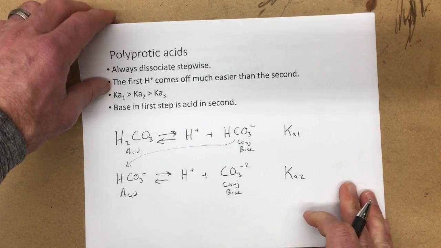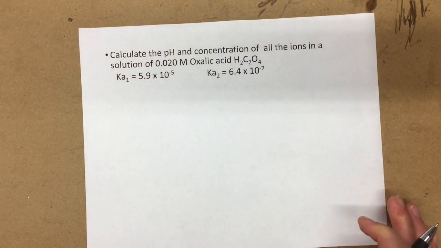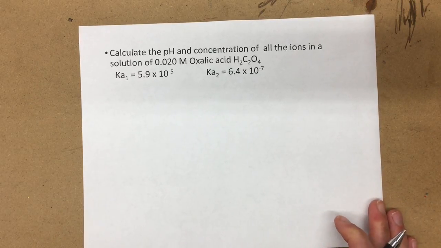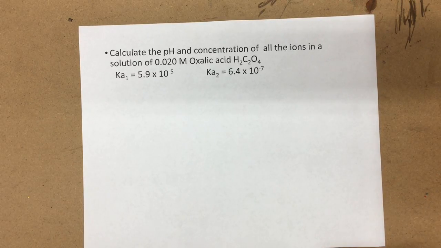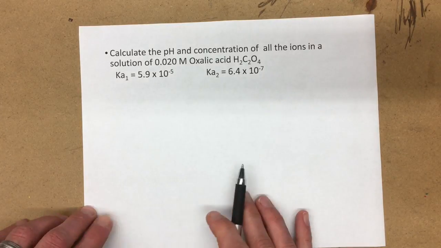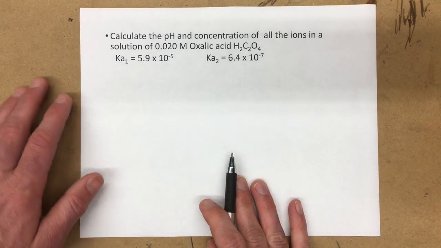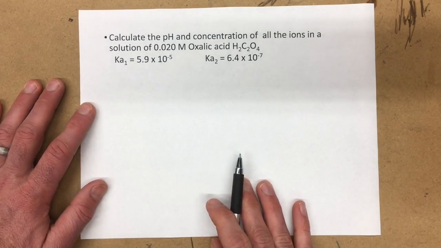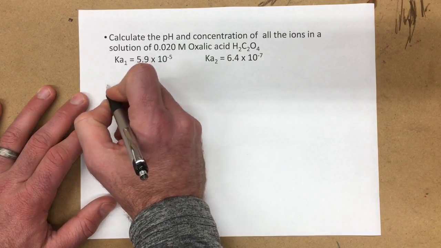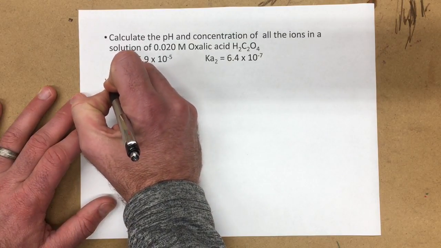All right, so let's take a look at a sample calculation. Calculate the pH and the concentration of all of the ions in a solution of 0.02 molar oxalic acid, which is H2C2O4. We were given Ka1 and Ka2. So we're going to have to write out two equations. The first equation is going to be for losing the first hydrogen. So that first one's going to look like this,